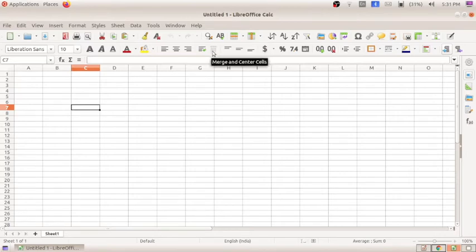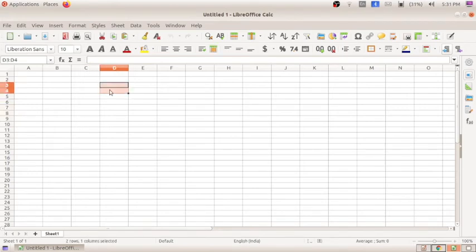And here you can see merge and center cells. For what purpose is the merge tool used? If we want to merge two cells, these are the cells. If I select these, these two cells get selected. If I want to make these two cells, 1 and 2, into a single cell, I can use the merge option.